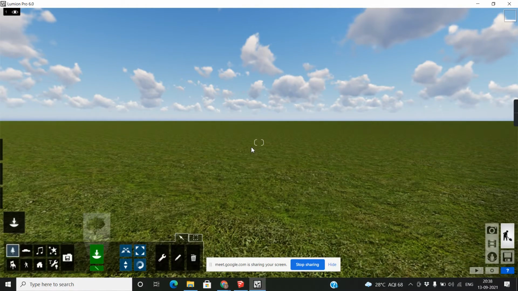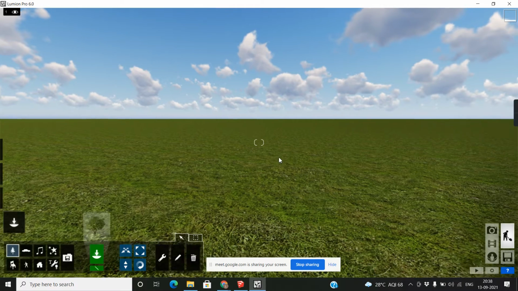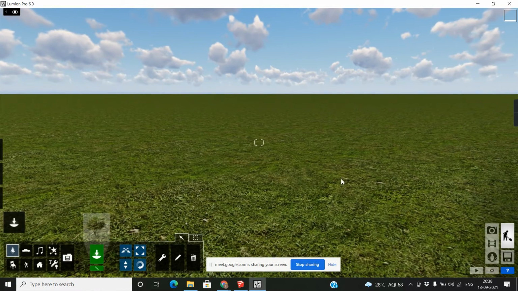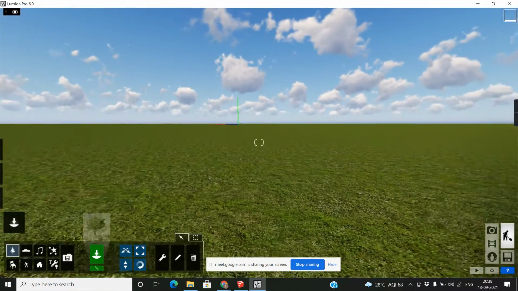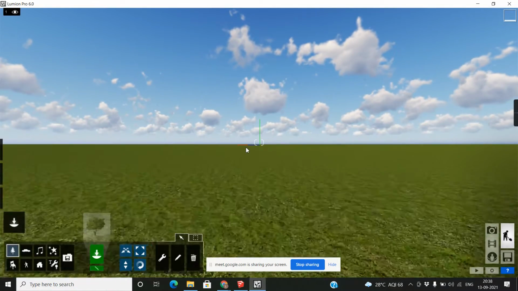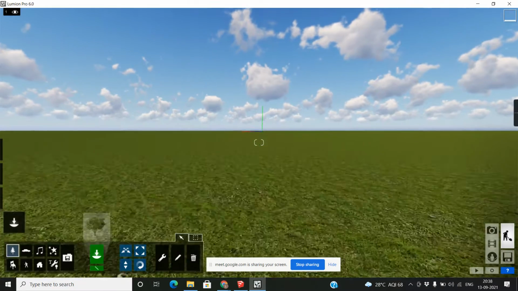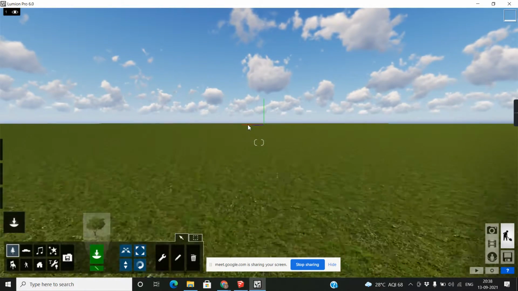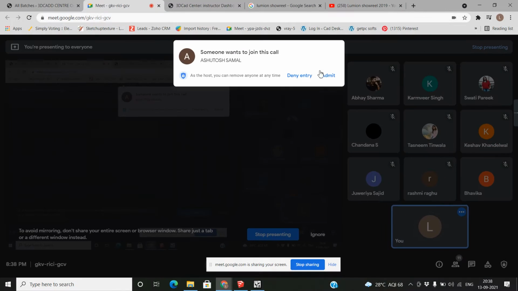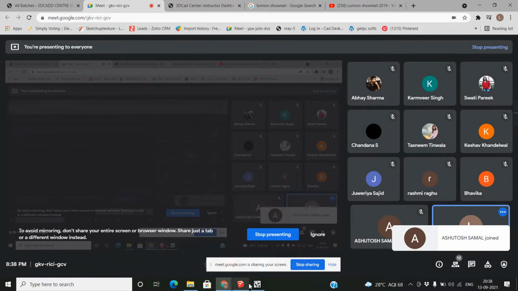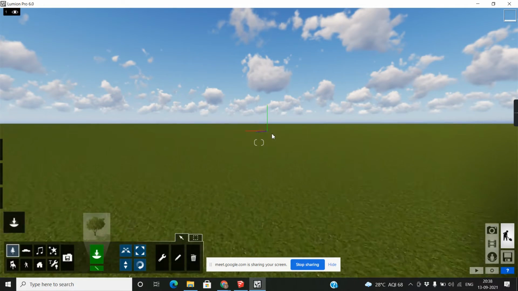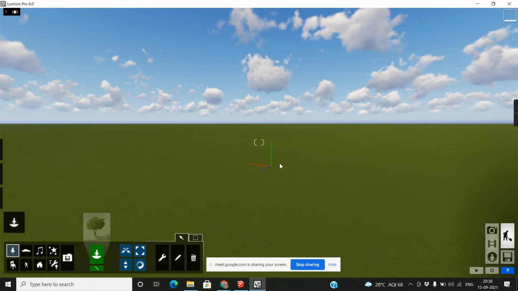So you have three modes. And if you want to rotate anything, along with that there's a camera point. This is the origin point.